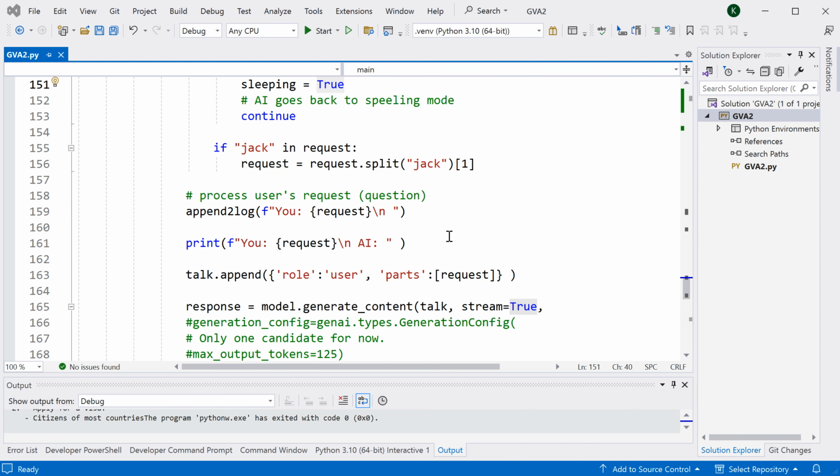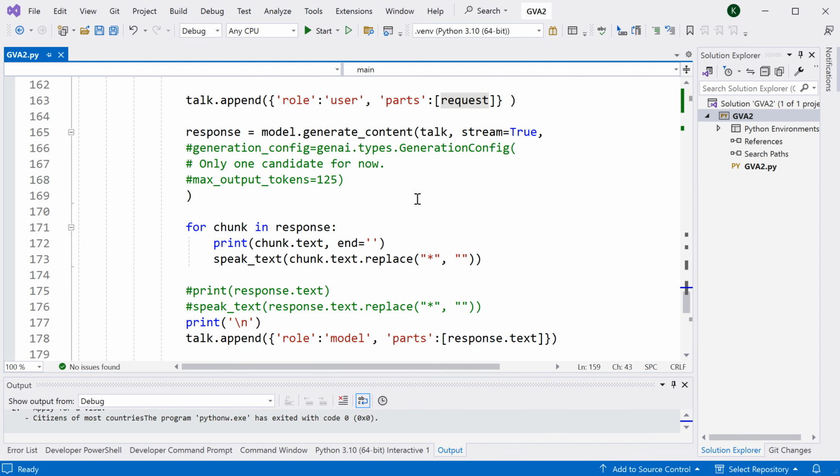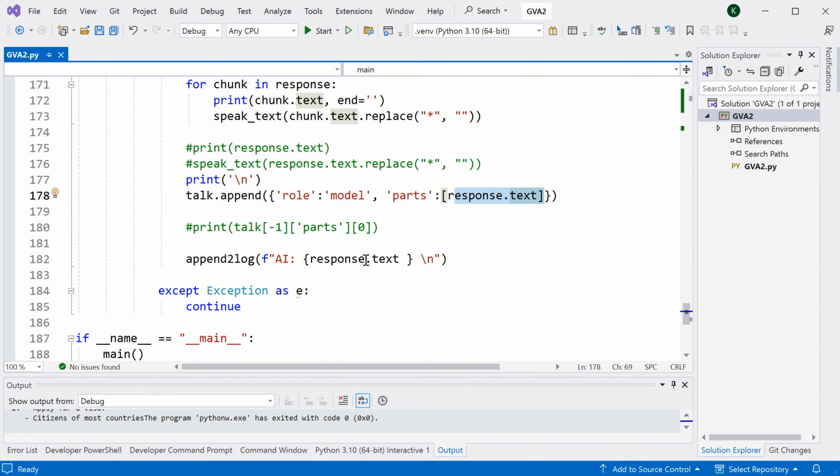Okay, when the computer is awake and a user asks a question, this question will be saved in the log file, and we also print this question on the screen. We save that question into this talk dictionary, and then we send this talk dictionary to the AI. Once the AI has some response, we're going to print that response and speak that out. Once this is finished, we will save this response in the talk dictionary, and then over here we save the response into our log file. So next,